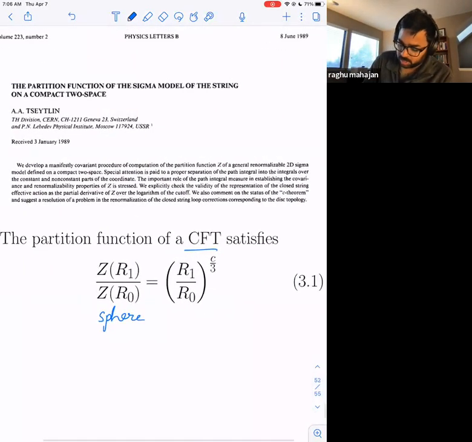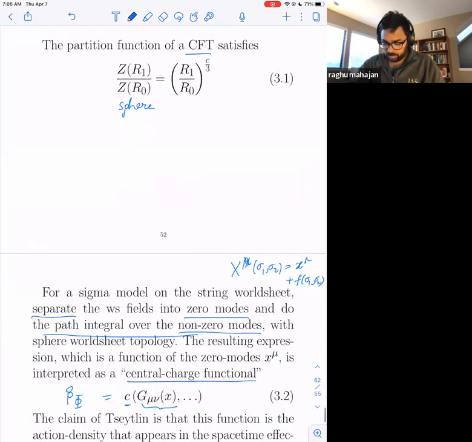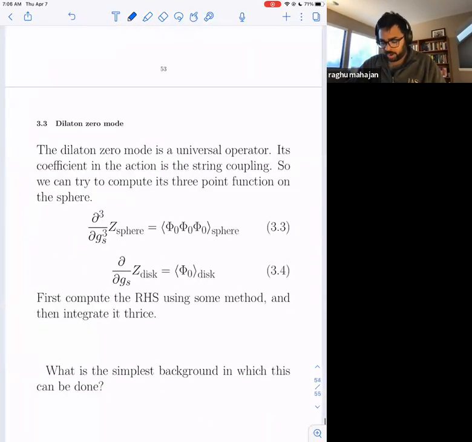We can read here. Special attention is paid to a proper separation of the path integral into the integrals over the constant and non-constant parts of the coordinates. And they're talking about a C theorem and a partial derivative of Z over the logarithm of the cutoff, which is the beta function. So anyway,